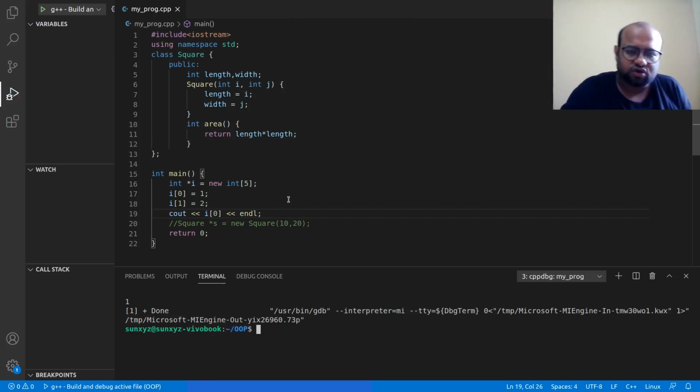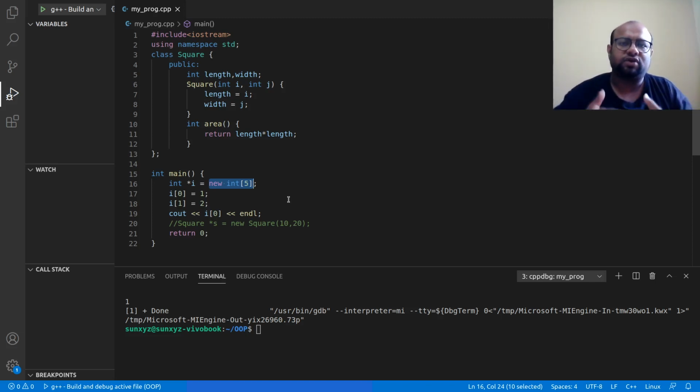Okay, so this is how I have allocated memory in this heap memory. In my heap memory I have allocated space to create an array of integer of length 5.